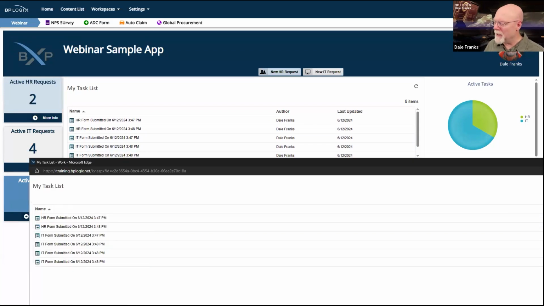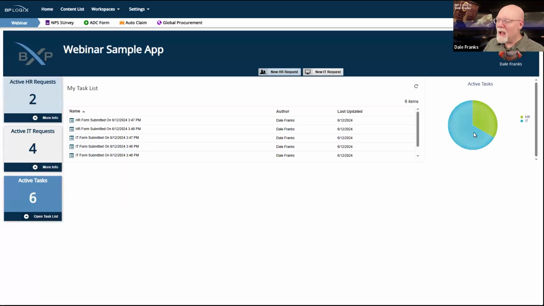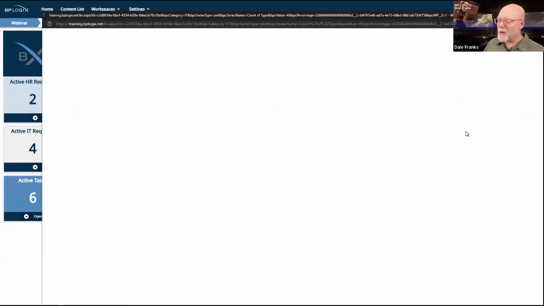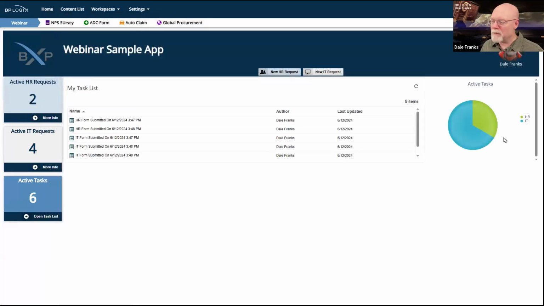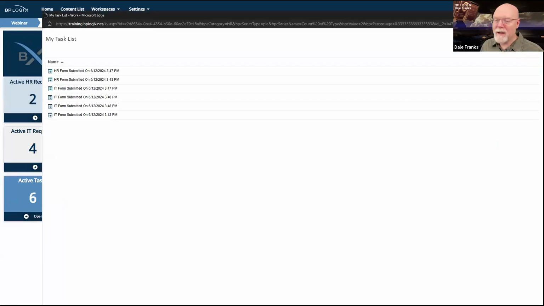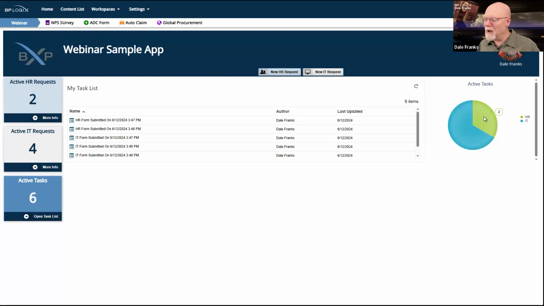It's just showing up in a pop-up window. I've got a great click through chart here, so I can see my different types of requests just by clicking on it. I don't think I have this configured correctly because it's showing me all of my requests when I click both.